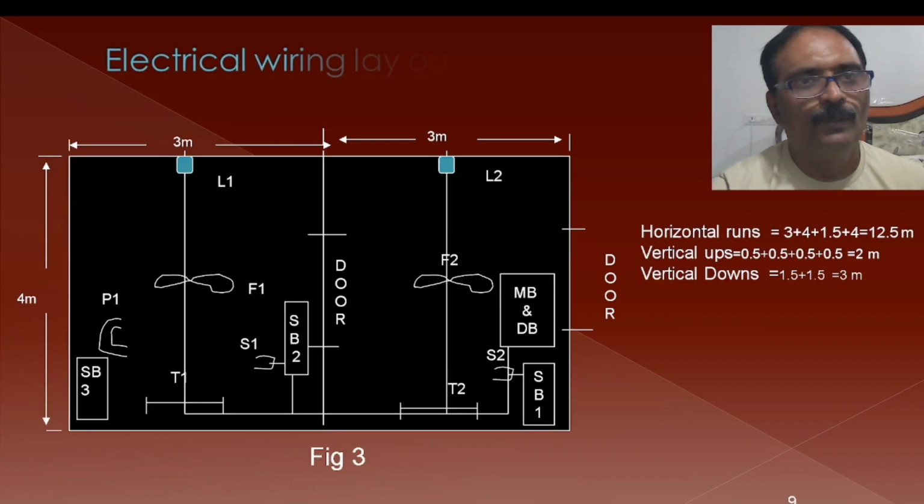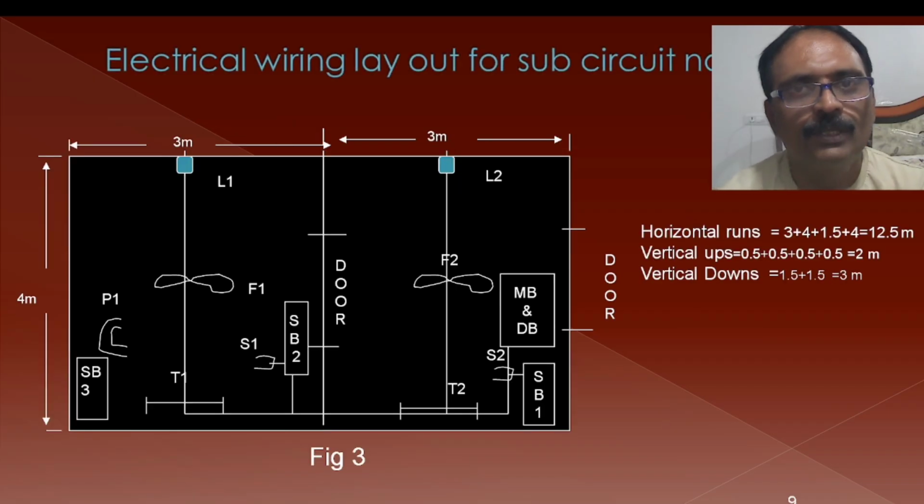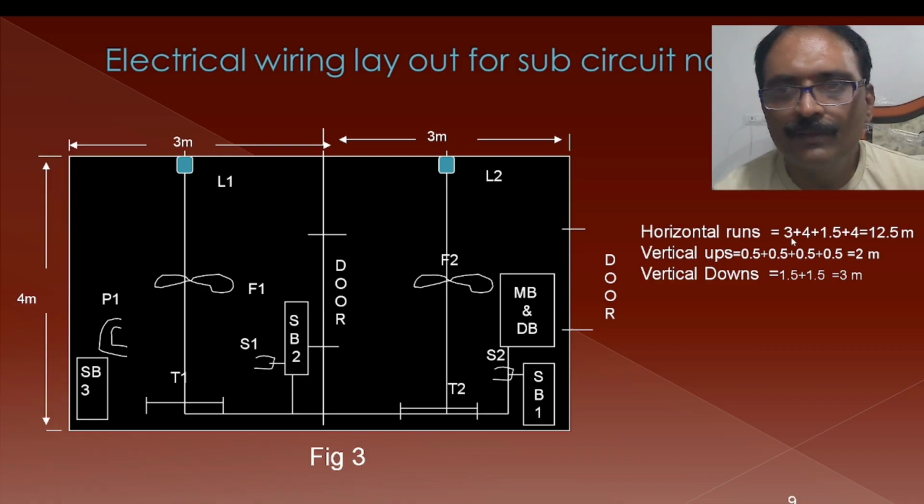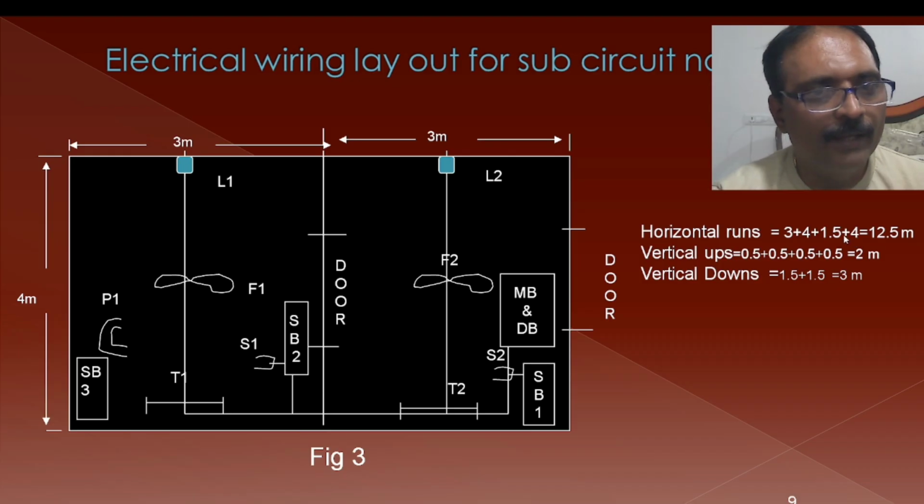So now let us consider the electrical wiring layout for subcircuit number 1. So here let us find out the horizontal runs. First, from the main board or distribution board to this distance is 3 meters. So from here to here we are finding out the length of the conduit required. From here to here this is 3, so we have specified 3 plus, and this length is 4 and this length is going to be 4, so 4 plus 4, and